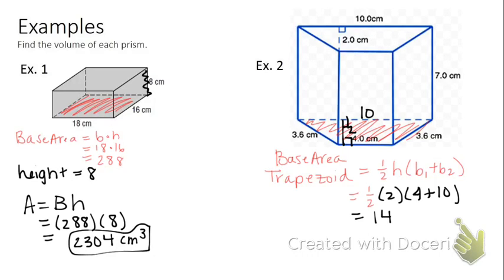Which number up there is our height that we're going to be stacking that trapezoid over and over and over to? Do you see how if we stack it up the 7 centimeters here, that will get our volume? So that is our height. So we do our volume. Why am I saying area? Did I say area over there? Guys, sorry. You might want to change this to B, not an A. So our volume is our base area times the height. Our base area is 14, and our height is 7. So that is